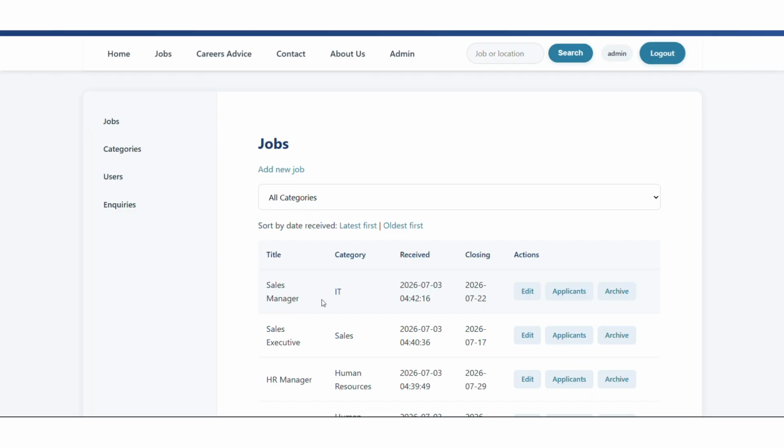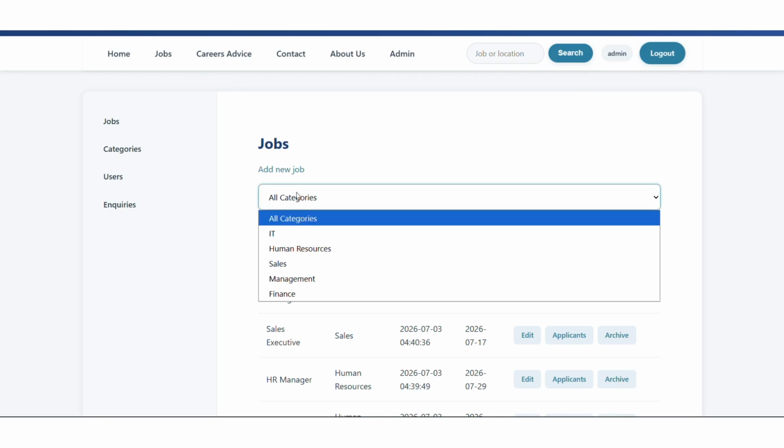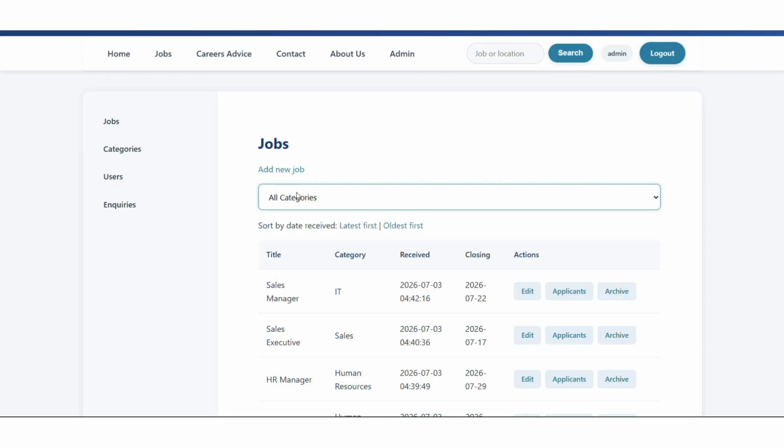Now let's move to the admin job list. The admin job list has been enhanced with additional columns and filtering capabilities. Now we can see category name, and date received showing when the job was created. We will try filtering jobs using the drop-down menu.